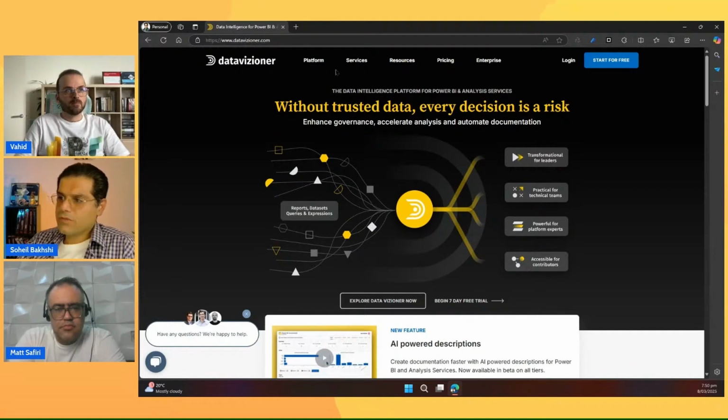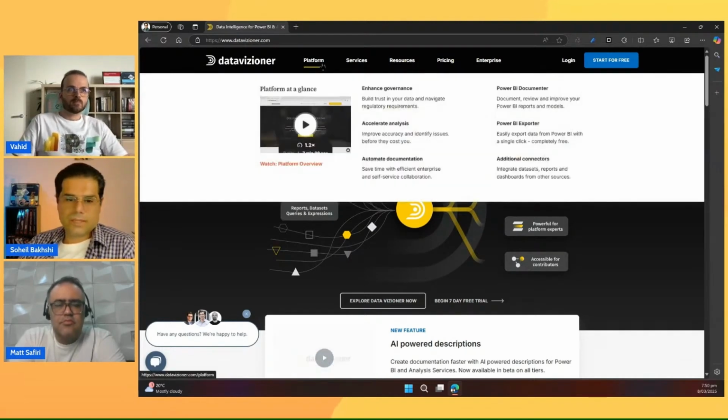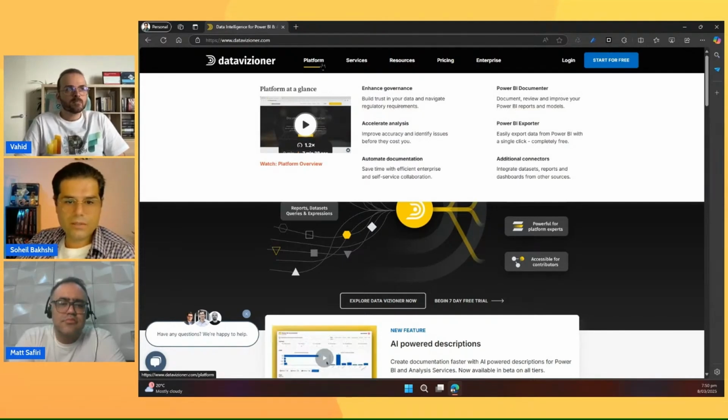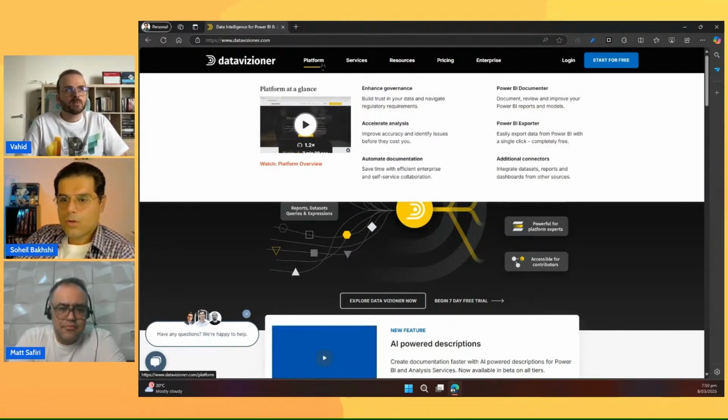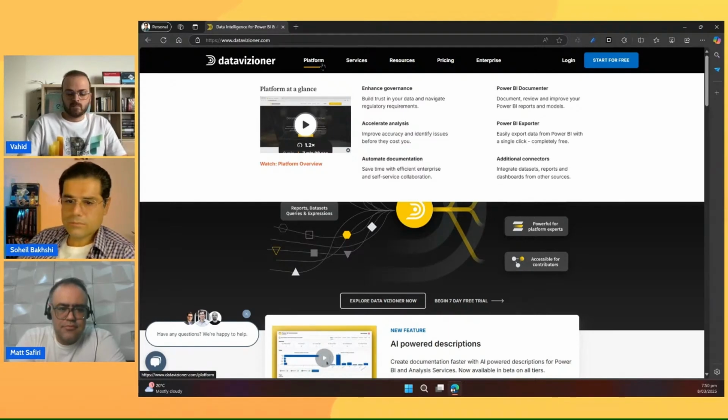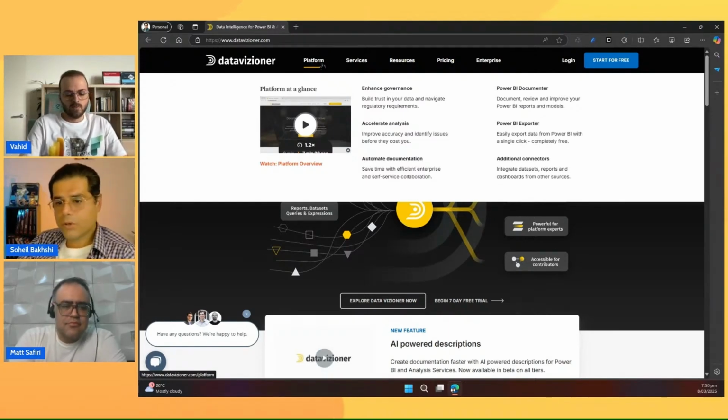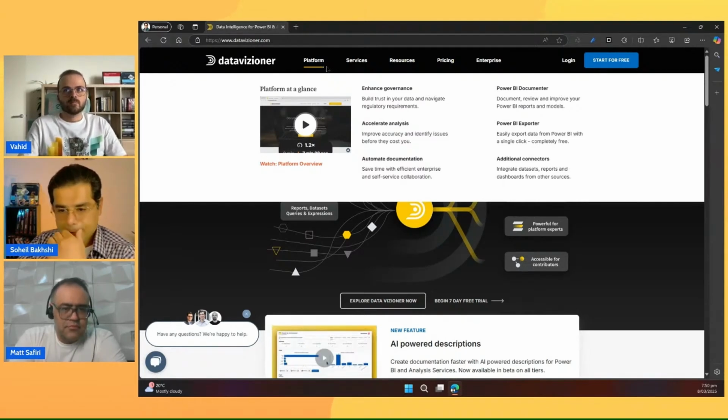It has a couple of tiers. You can use it for free. You can go for a 1 week trial, or you can go for pro, or we have enterprise licenses as well, which will customize the features for the enterprises.